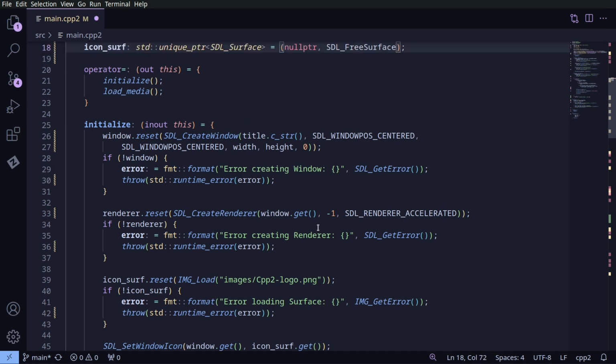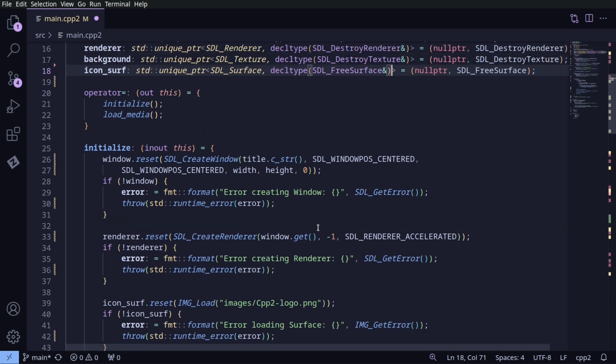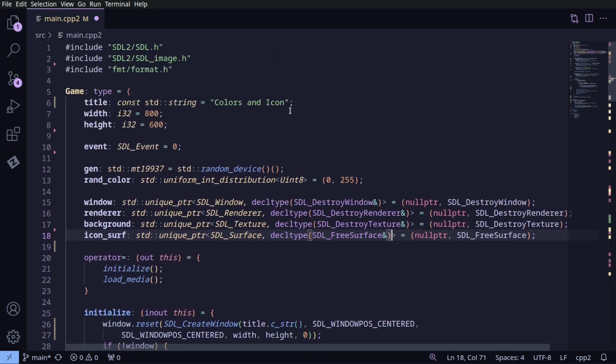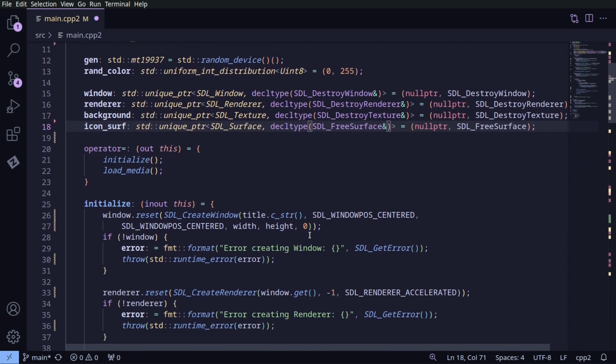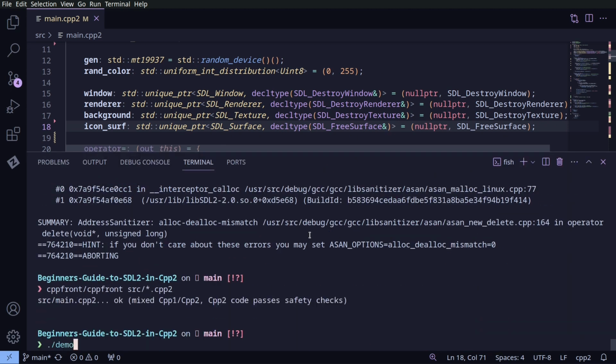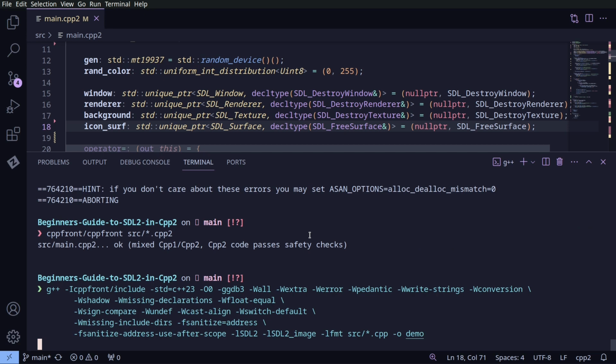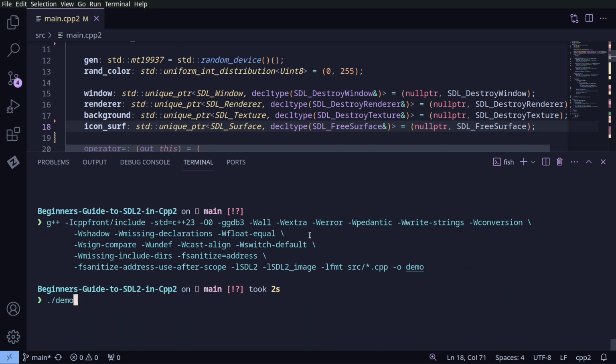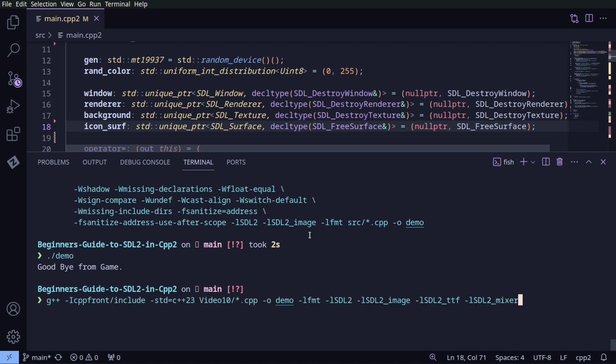How do I do that in this? Okay, there we go. And I still have the icon's name changed. Yes. So now we'll do it again. And we close, and it's good now. But you don't need to use this long command. You can just use this normal one, G++,